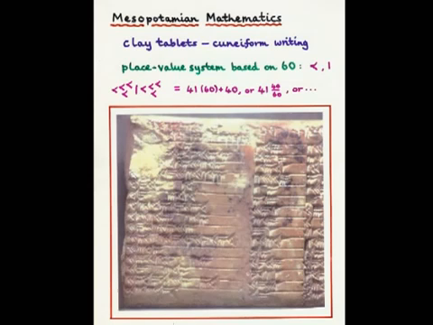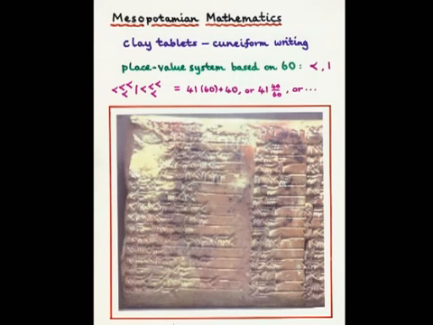Unlike the Egyptian counting system, which is a decimal system with different symbols representing the powers of 10, the Mesopotamian system was a place value sexagesimal system. That is, it's a system based on the number 60. And it used only 2 symbols: this for 1 and this for 10. And then a symbol like this, there are 41 60s added together with a 40. Okay, 41 and 40 60s.